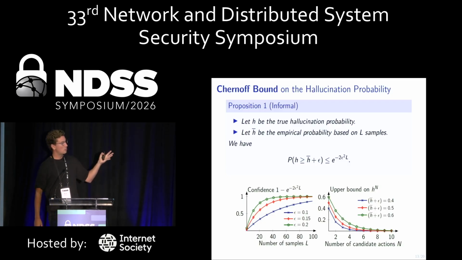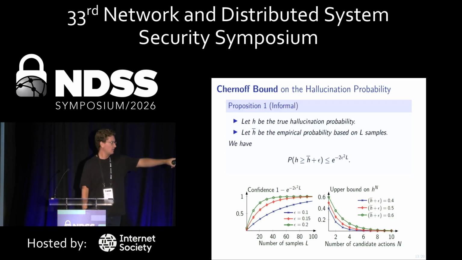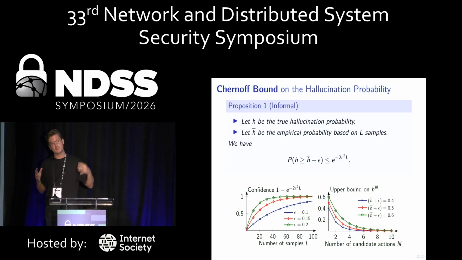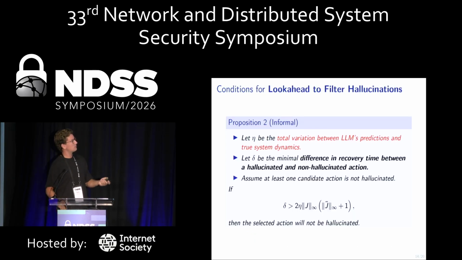And that provides an important insight for our method, which is illustrated in the right plot there, which essentially shows that even if you have a very high hallucination probability of your model, as long as you have enough of these candidate actions, you can be very certain that at least one of those actions is not going to be hallucinated. And that turns out to be very important for our method because of the second result that we prove,